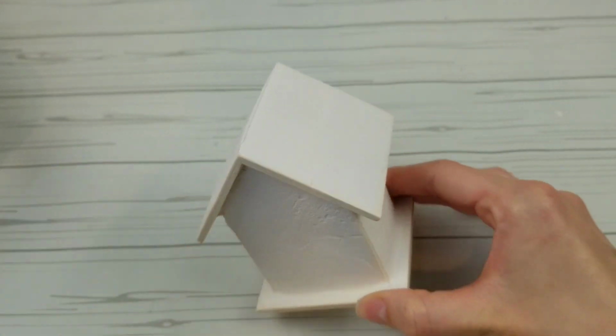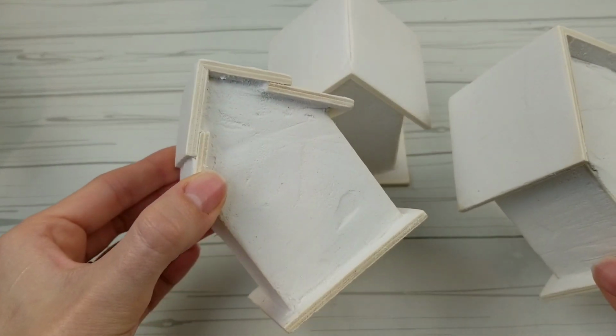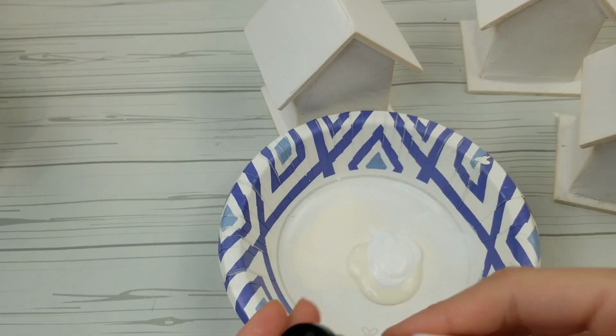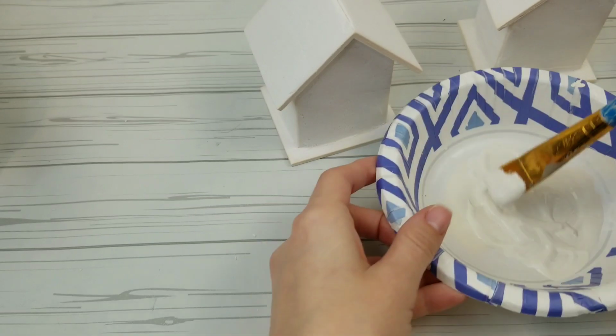And here's how the house looks after I completely sanded it. So I did sand all 3 of them. I was mainly worried about the front side of my house looking good since that's what's going to be facing forward when I decorate. Next, I mixed some cream and white paint to get a lighter, more off-white color paint,